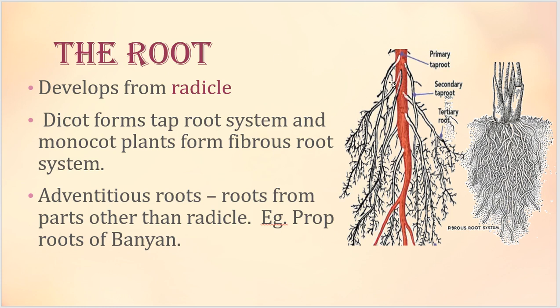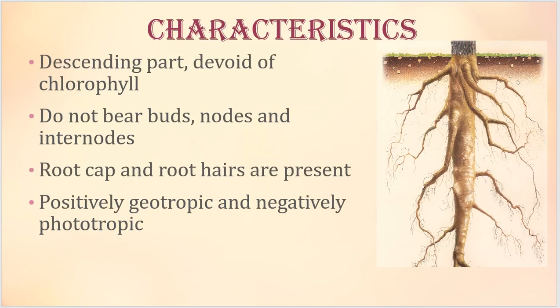So what are the root systems here? Taproot system. The root which is primary root which is produced from the radicle is a taproot system. And you can see the taproot system in dicot plants. In monocot plants, taproot system is replaced by fibrous root system, and this is also a kind of adventitious root as it is produced from the base of the stem. And then the third term is adventitious root system. Here adventitious root system means the root system or the roots which are produced from the parts other than radicle. The next topic we are going to learn is characteristics of the root system.